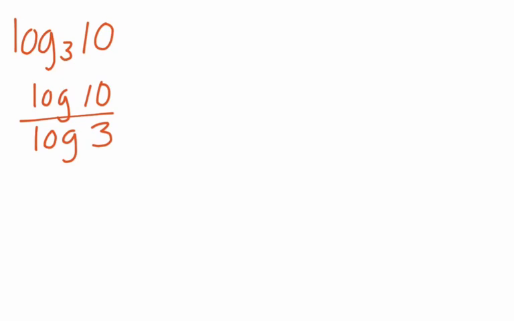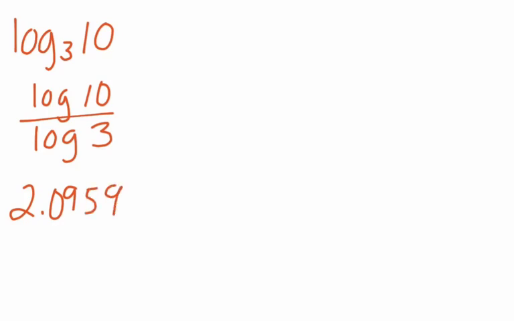Here's the rub. Every calculator is going to be a little different. So I'm sitting here with my graphing calculator beside me, and the way I'm going to do that is I'm going to find my LOG button. So you want to go look at your calculator, find where you have a LOG. Okay, it's on there. As long as it's a scientific calculator, it's on there. If you're using a four function, it won't be. I'm going to do LOG, and then I'm going to type in a 10, close the parenthesis, hit my division symbol, hit LOG, 3, close the parenthesis, hit enter, and that is going to give me my answer, which is